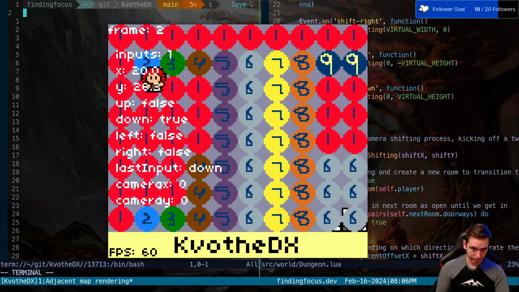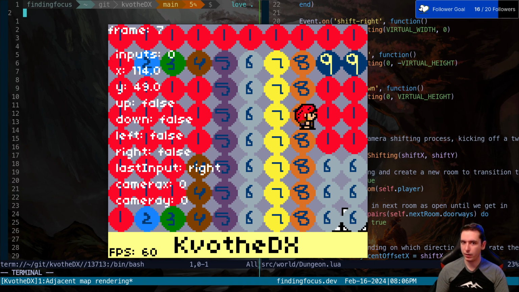So camera X 0 and camera Y 0. It should only become whatever our shift X and shift Y parameters are upon initializing this event transition, and then it tweens back to,